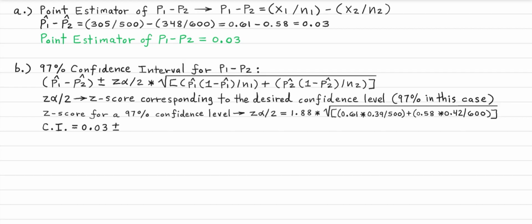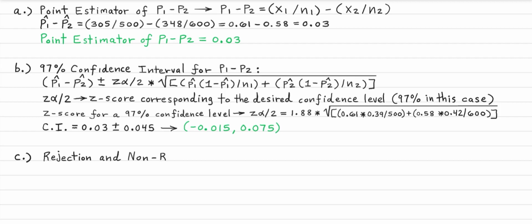So the confidence interval is equal to 0.03 plus or minus 0.045. So that then quantifies to a confidence interval of negative 0.015 to 0.075. So now if we focus on part C,